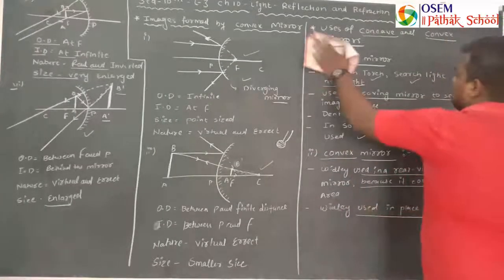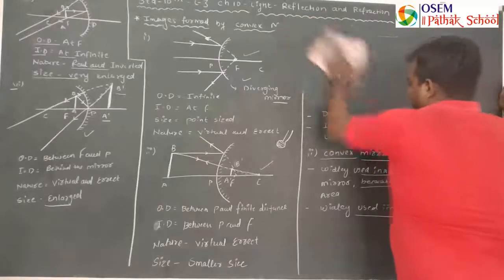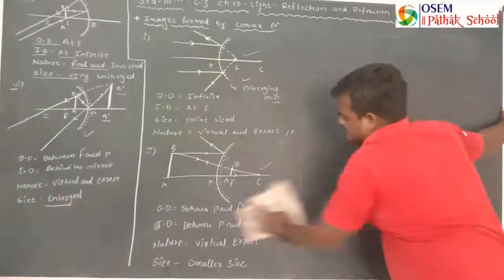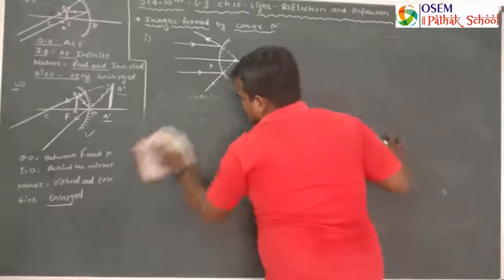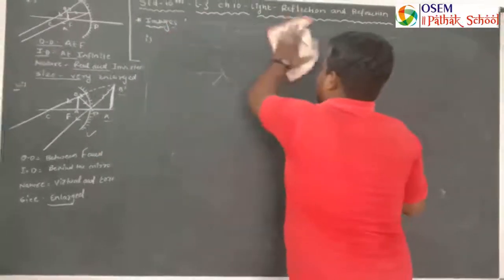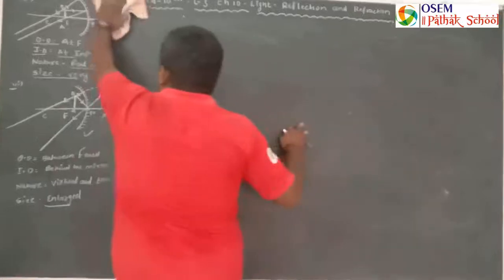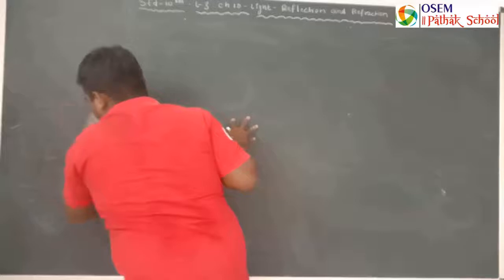Now we are going to learn about another topic. Just try to understand it. These are the two remaining very important topics that we are covering in this particular lecture. After that, we will move on to the lens formula and numericals given in your textbook. We will move on to that portion.